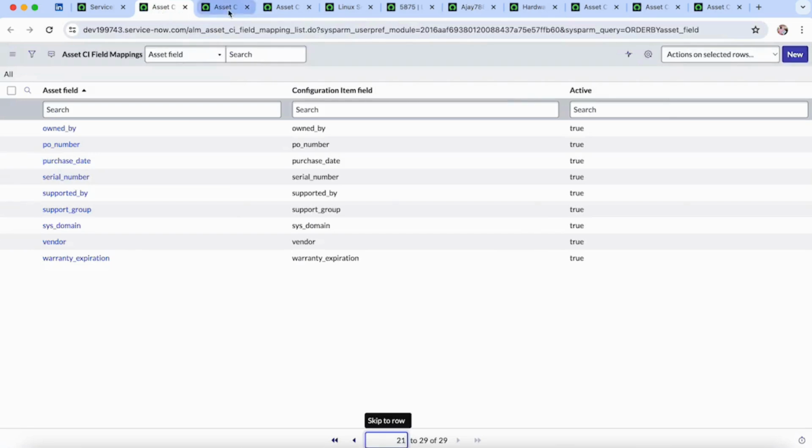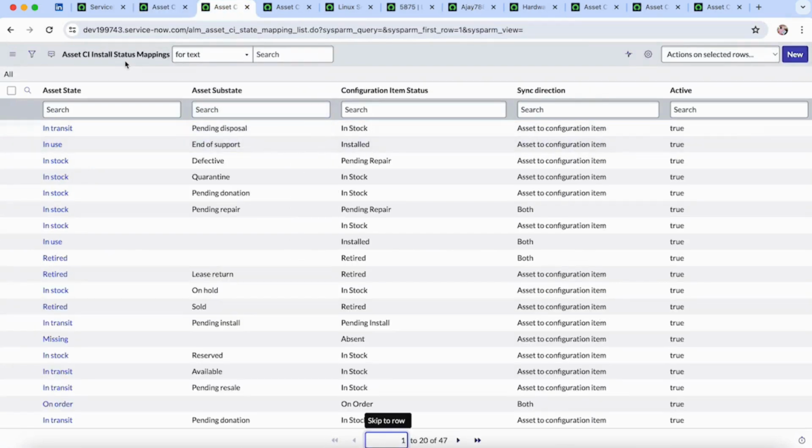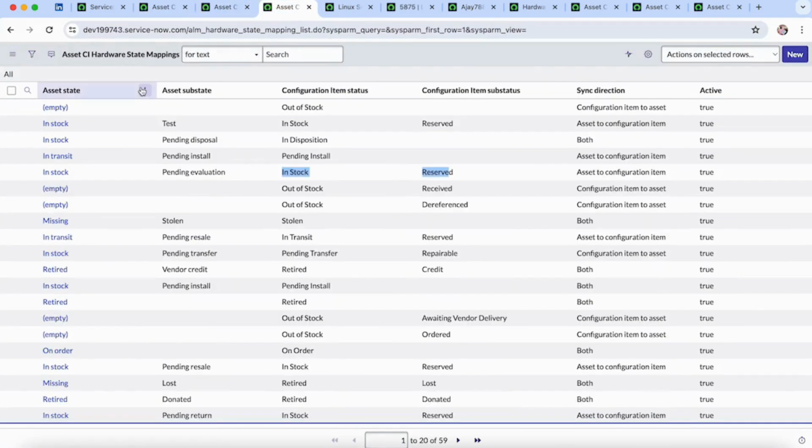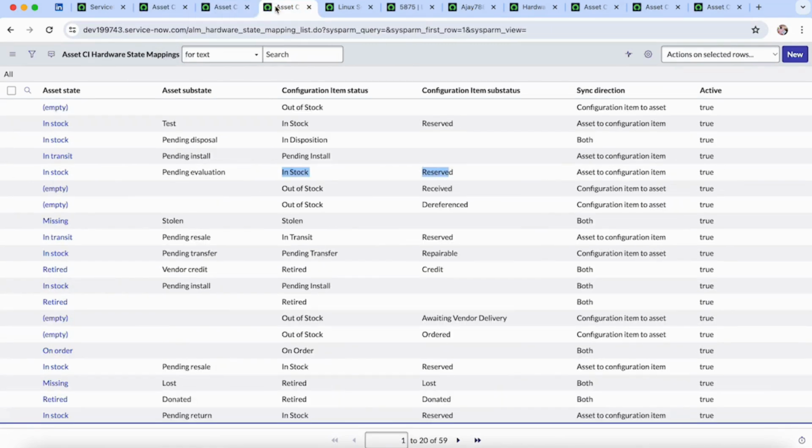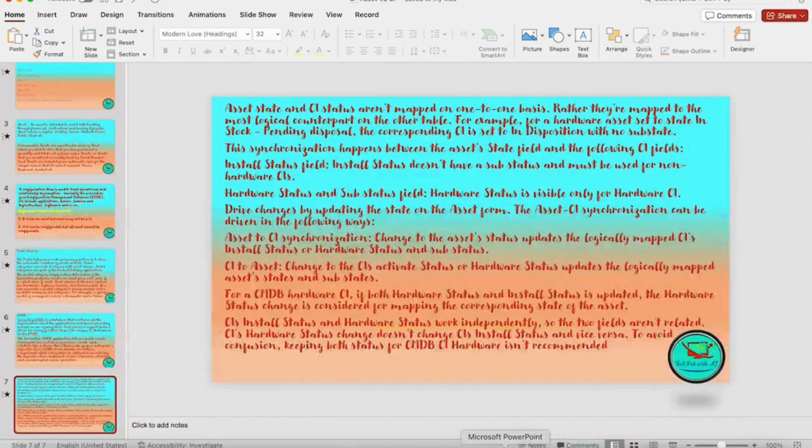So we have to make sure we use asset CI install mappings. We have to check the asset CI hardware states mapping and the asset CI field mapping before writing any custom things on those particular statuses. Out of the box, lots of things are available under that, right? Let me get back to my